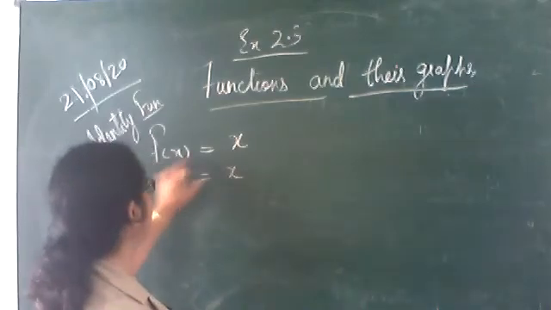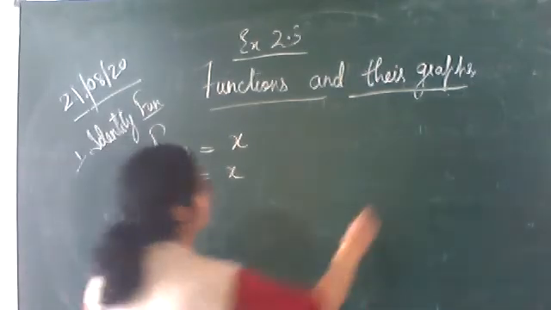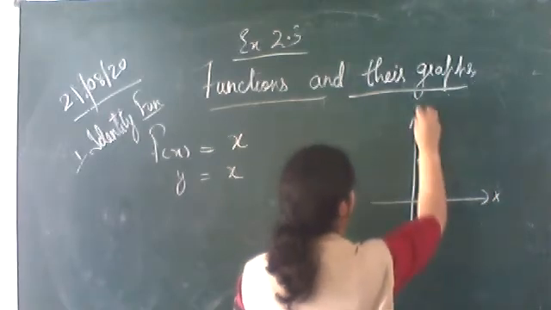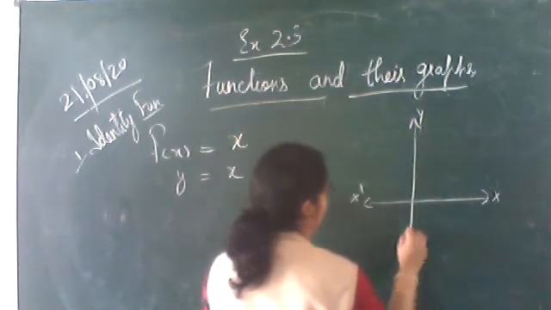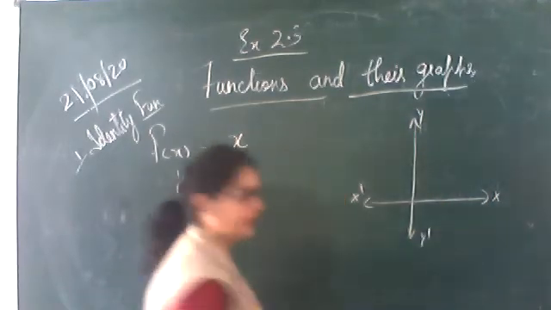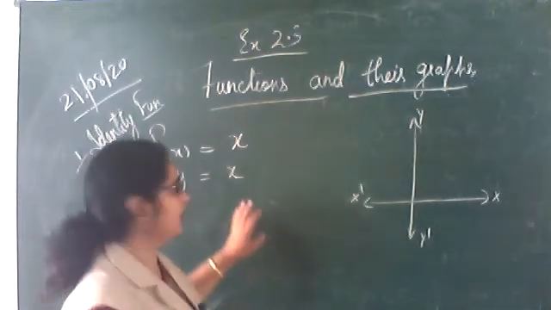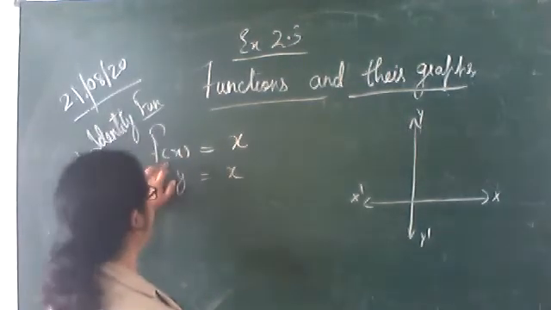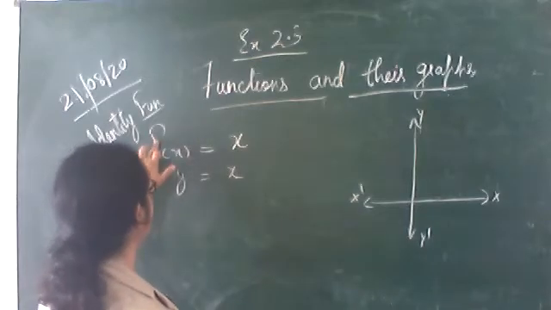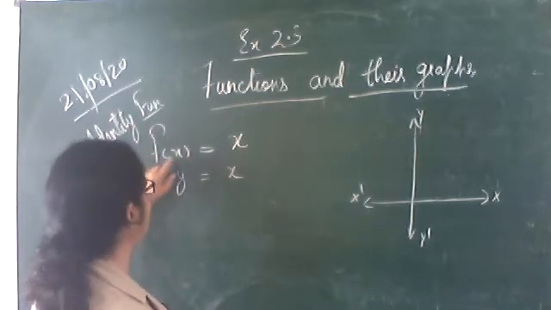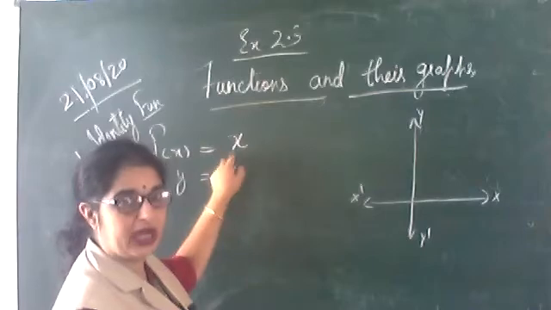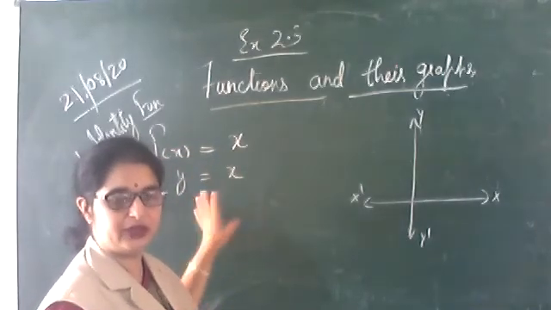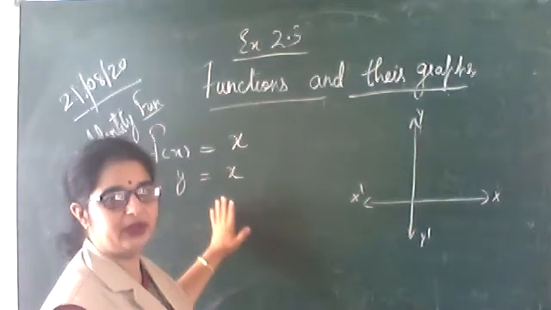What is f(x)? When we draw a graph, what do we have? We have the x-axis as well as the y-axis. This is x', y'. This you all know. So what we have here is the identity function. This is important. Functions are very important and their graphs. Afterwards you will only get the name identity function or that function, so you should know each and everything very clearly.